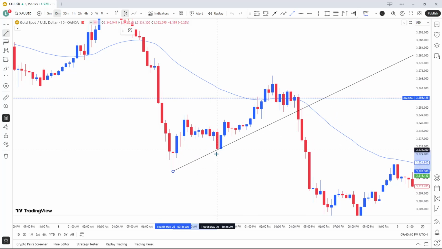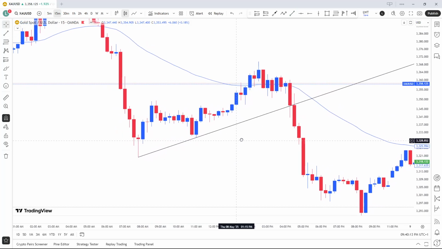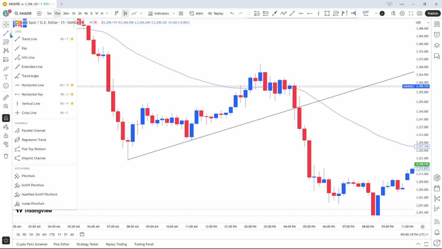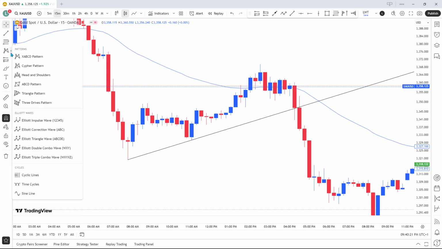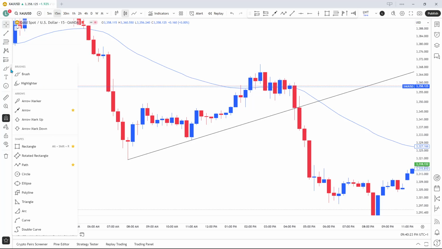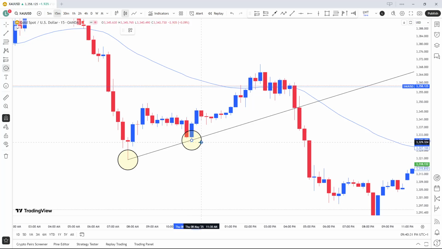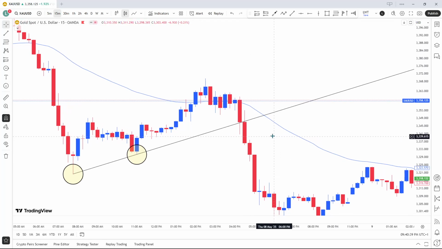So if you draw up 2 points like this, okay, so where is my circle to make life easier to show you? Oh my gosh, I've lost it. There it is. So we have one tap right there, and then we have another tap right there. We now have a line that comes across, all right? And on the next tap, which would have been obviously around this area, you can then make the decision yourself